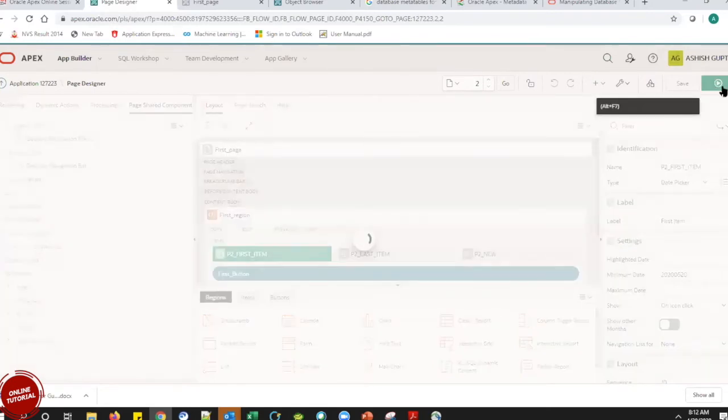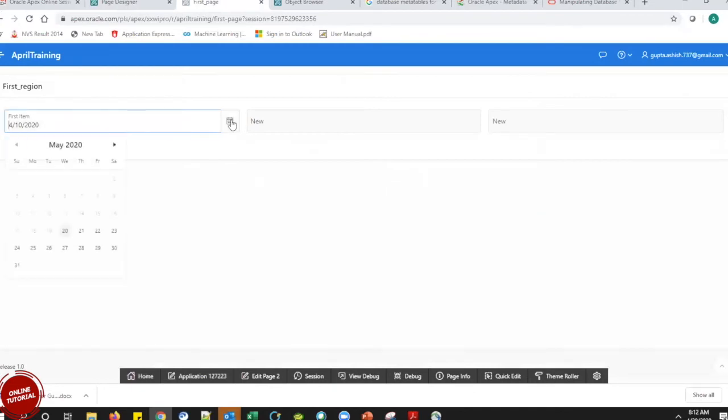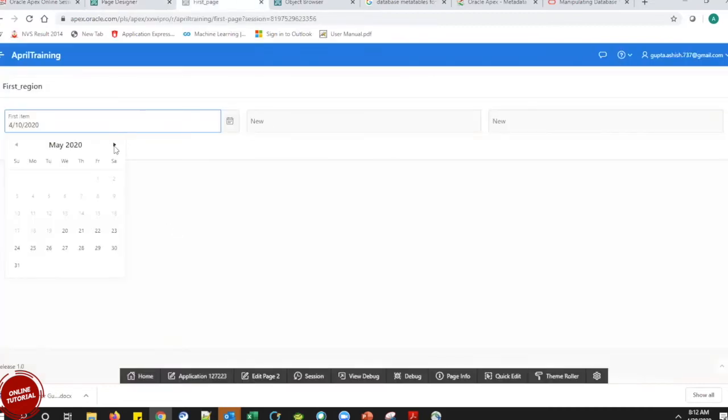Let me just save it and run this and see. Okay, can you see this? Now my earlier dates have been grayed out, because I have kept my minimum date as whatever date I wanted. And my maximum date also I'm going to keep like that. If I keep my maximum date as 2022, my future dates would be seen on my screen, but I would not be able to select those dates. I can only view them; I can only select my current dates.